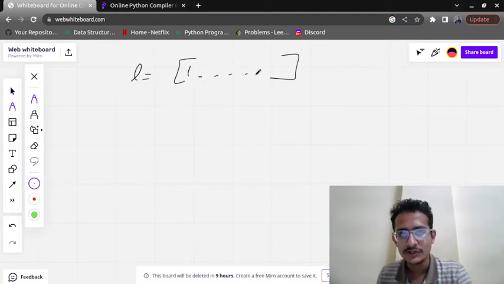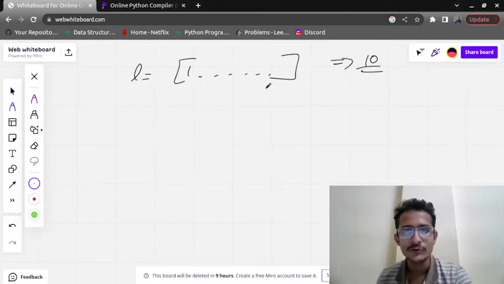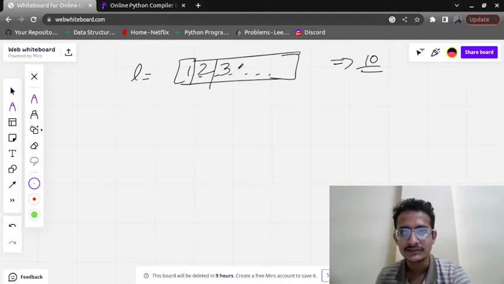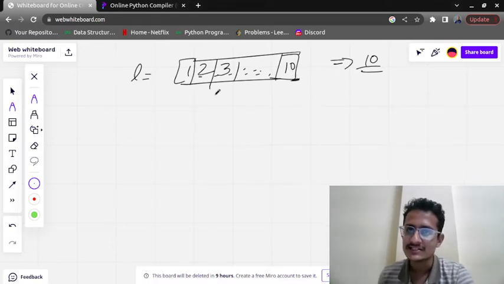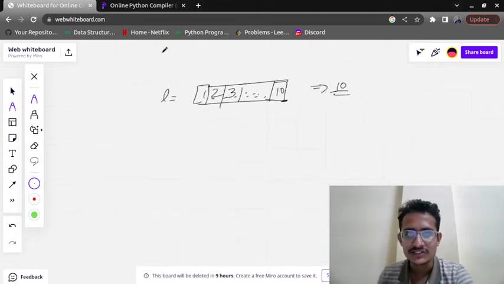So what will the list do? It will keep some extra space for us to append the element. So if you add 2, directly 2 will be added here, then 3, 4, and let's say up to 10. Once this extra space gets over, okay, so initially what was the situation, I will tell you.